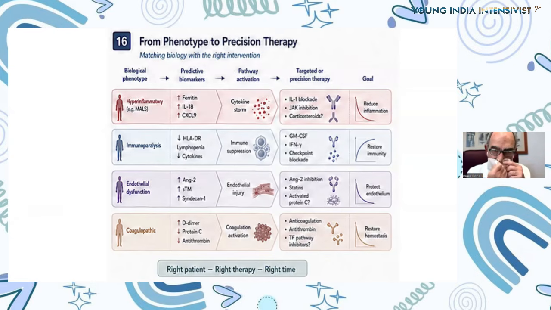If we look at the endothelial function, the predictive biomarkers are the angiotensin II and the cytokine STIM, and we have repeated several times the endothelial injury is our focus. Can we do something here? Yes, we can achieve the protection of the endothelium through the angiotensin II inhibition, through the statins and the